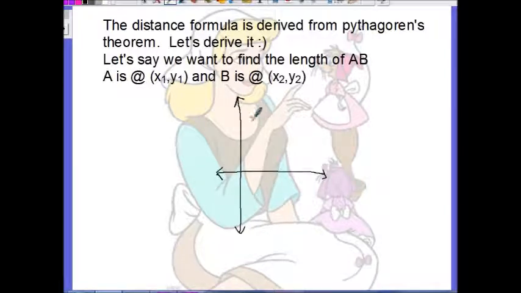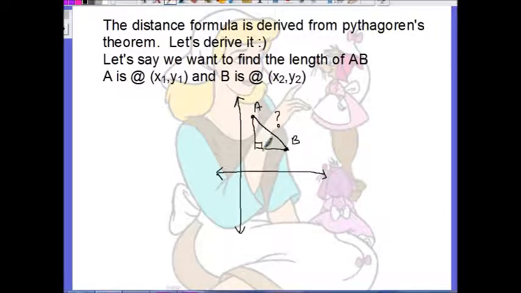I'm going to put my A up here, and I'm going to put my B down here. They have different x's and different y's, and we're looking for this length. Well, if it's derived from Pythagorean theorem, we're going to need to make a right triangle. So let's go ahead and form a right triangle using a vertical line and a horizontal line in order